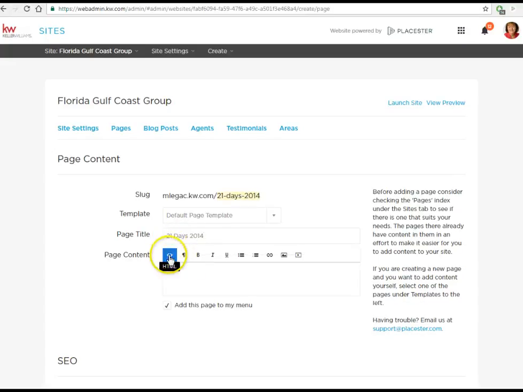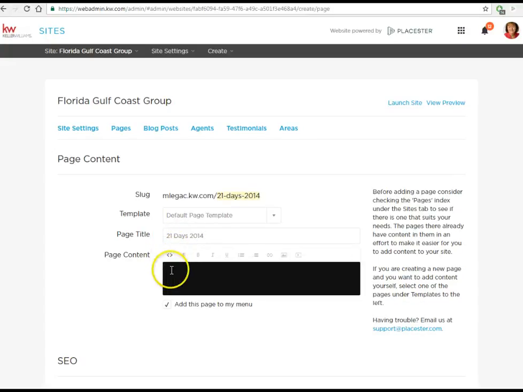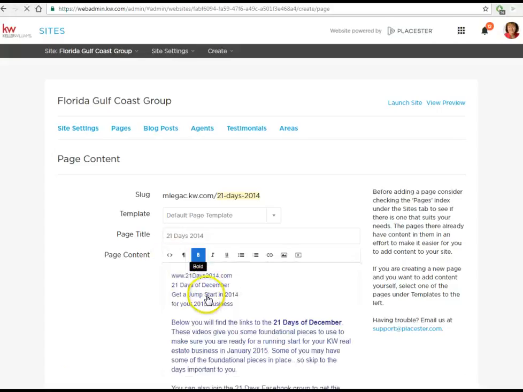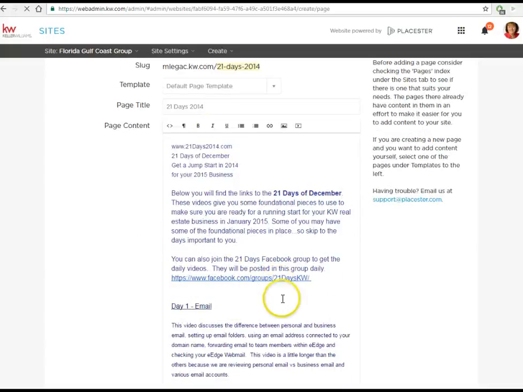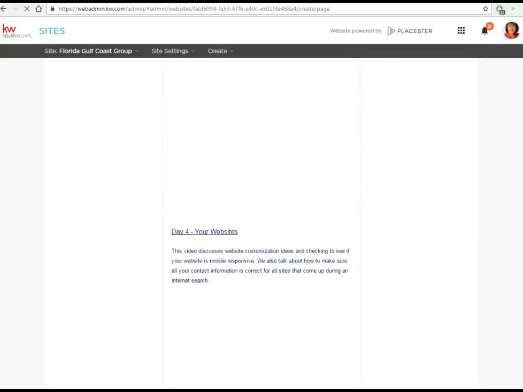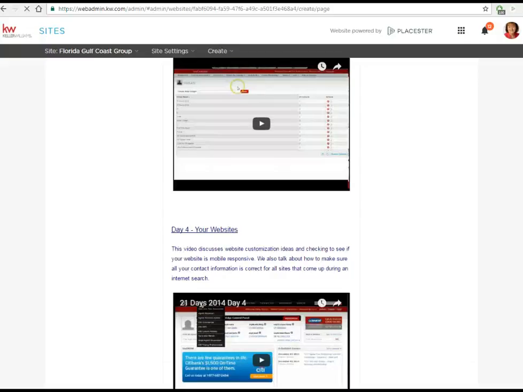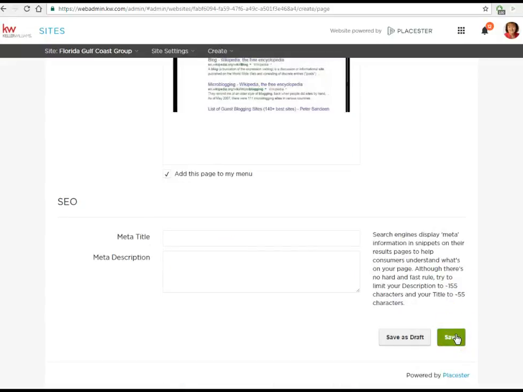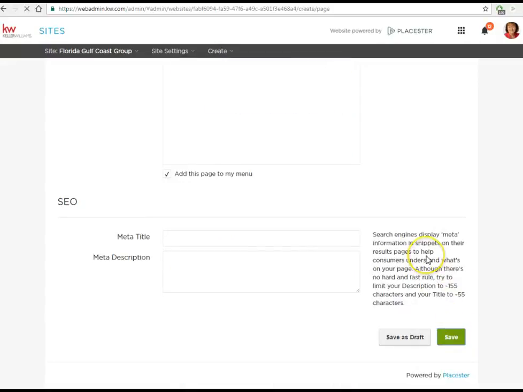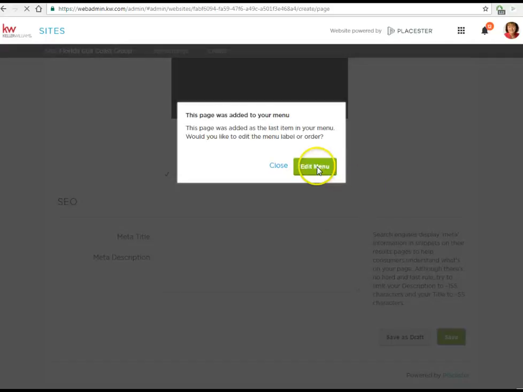I'm going to click the brackets to turn it into code. I'm going to right click. I'm going to paste. Click the brackets again to see that. Make any changes to how it's displayed. Come down to the bottom, maybe drag it down, save it, and depending on where you want it on your menu, you can edit your menu